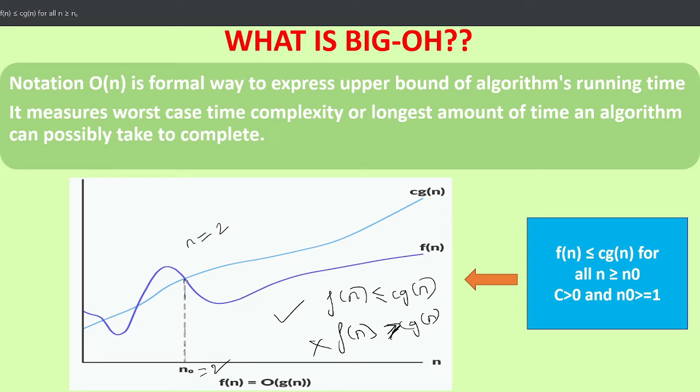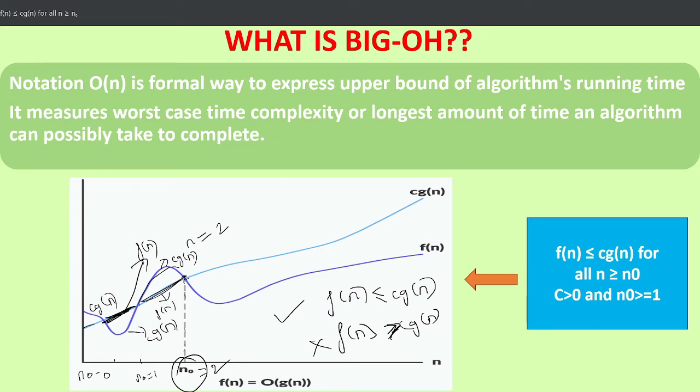So that's why it is called n naught. It is a breaking point. From there itself no change will be done. f of n will always be less and c of g of n will always be more. This is a deciding point. Before that, when you take n naught equal to 0 or n naught equal to 1, it might vary. See here, at one point c of g of n is higher. At another point, in this part here, f of n is higher and g of n is lower. So here it is getting varied. Again here c of g of n became higher, and here f of n became smaller. So it was changing over here.